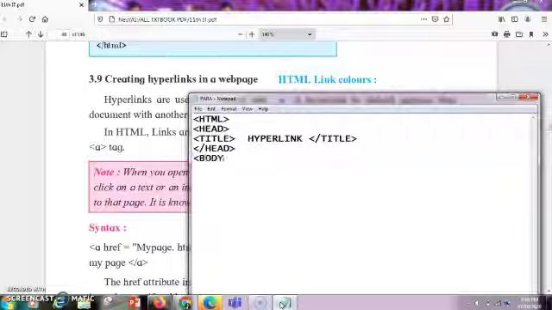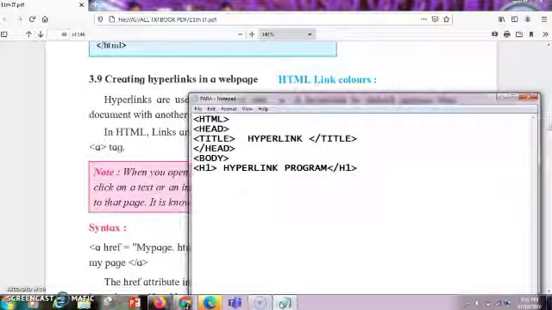Now I'll start with the body tag. Inside the body tag I'll give a header, hyperlink program. This is the header which I have given here, and I'll end my h1 tag here.